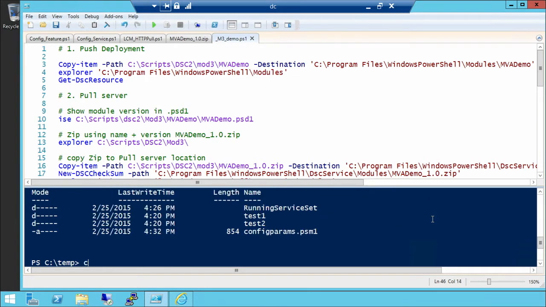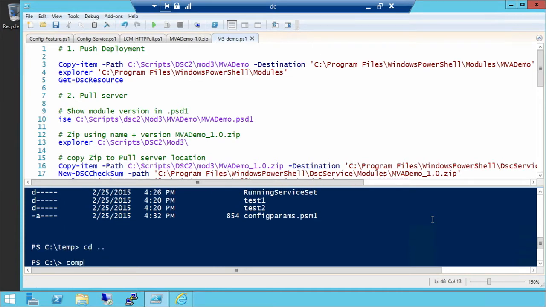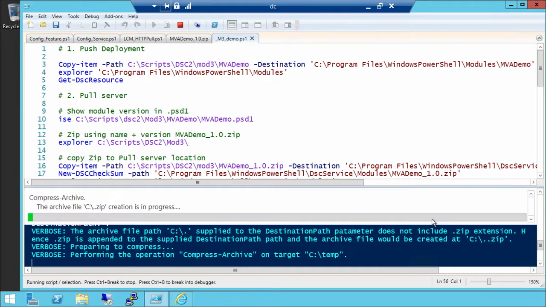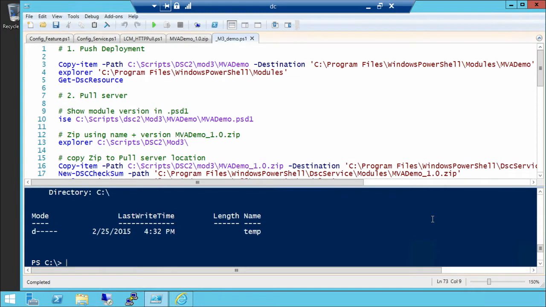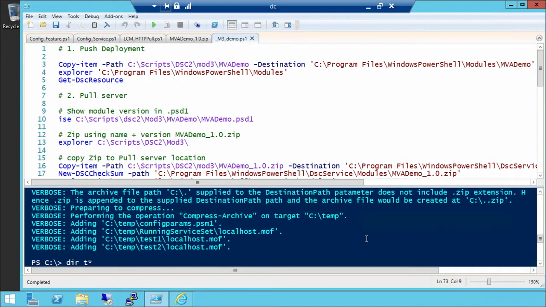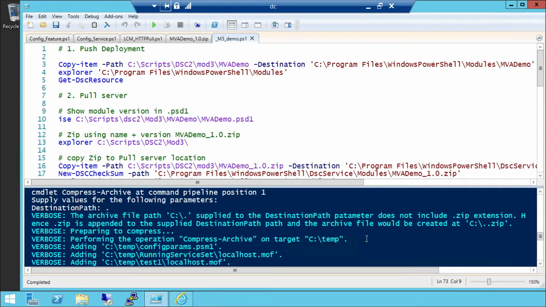So here, let's just check this. Let's see. So Compress-Archive, is it? Archive, that's path, temp, that's verbose, for lots of fun, dir. Oh, that's nice. Cannot be included with this extension. Okay, so let's do it to